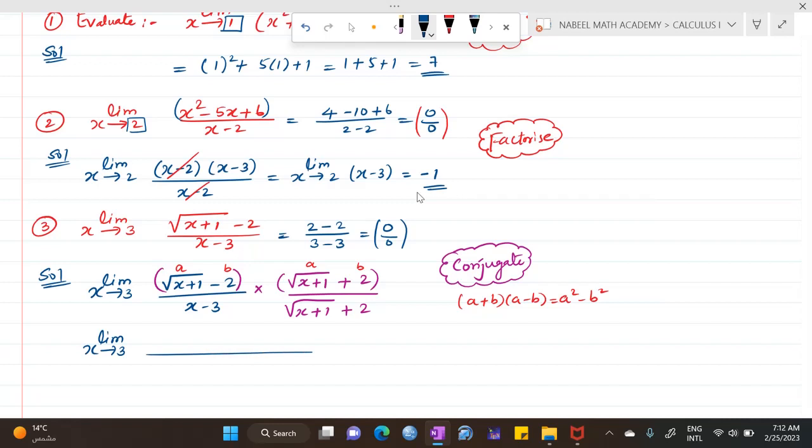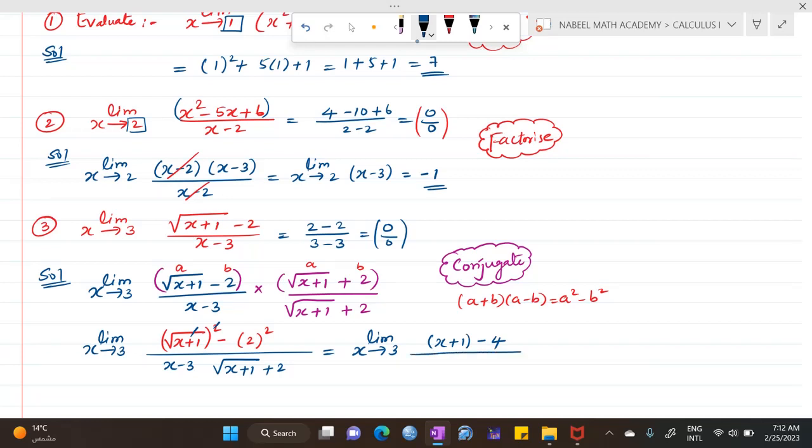In the denominator, it's going to be the same: (x − 3)(√(x+1) + 2). In the numerator, what happened here? This is a square. A square means the roots will be cancelled. It is actually (x+1)² − 2², and then the root and square get cancelled. So you will have the value in the numerator as limit x approaches 3, and here x + 1 − 4, since 2 squared